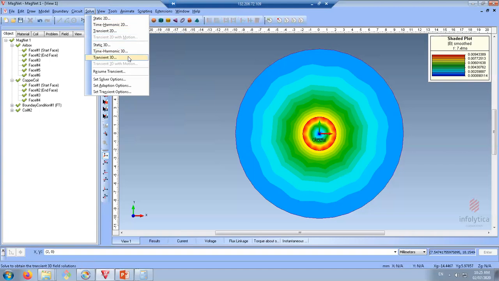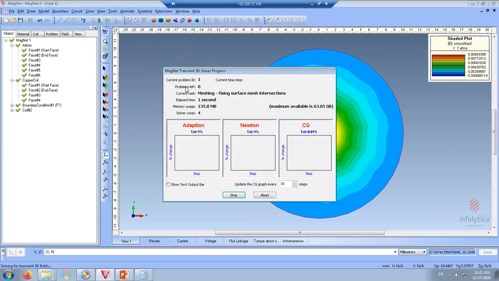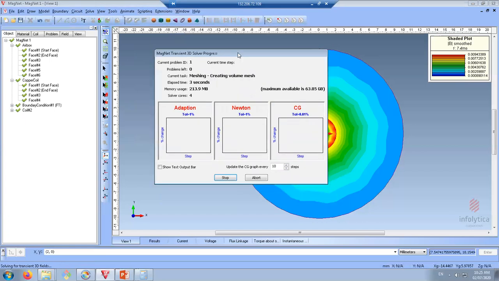As I said, we can also have a 3D finite element solve here. Let's run it just once and see what happens to the model. If we run it in 2D, we can only get the results in 2D. In 3D, it's going to take a